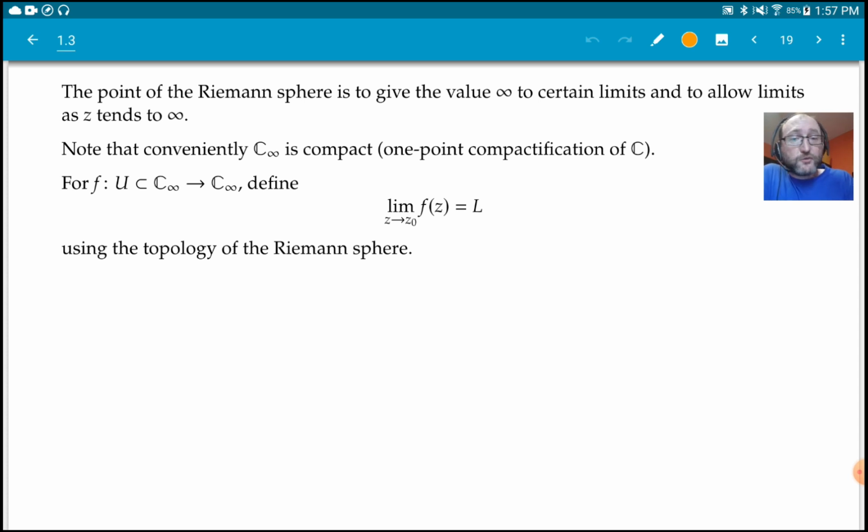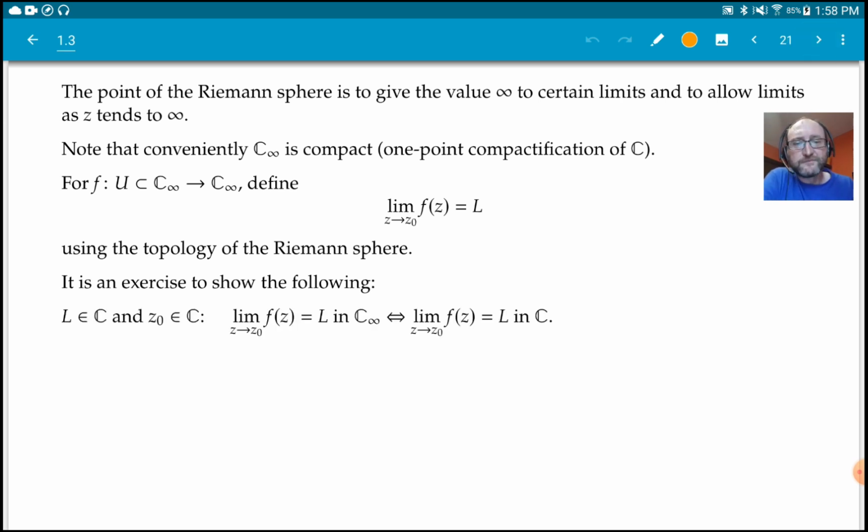And when we write limits, well, if we have a function defined on some subset of the Riemann sphere, maybe it's just defined on some subset of C, right? And it's valued maybe in the Riemann sphere. Well, we define this limit in terms of this topology, right? That's the whole point. And so there are a couple of exercises on what this means, right? If you want to write this down, if you want to translate what this topology would do if you didn't want to use the Riemann sphere topology,